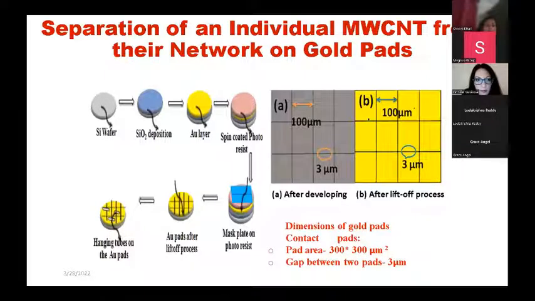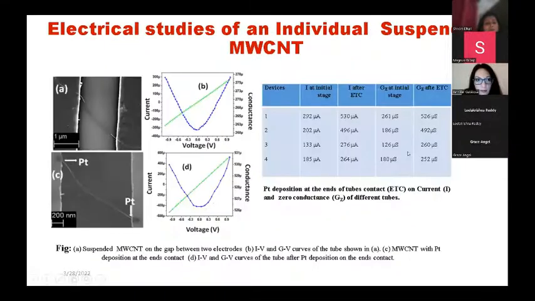Now here is my other work, that is joining of carbon materials by the EBID technique. In this, first we designed the gold pads by using lithography. Here these are gold pads, and this is the optical image before lithography. This is the optical image after lithography, and the pad width is 100 micrometers, and the channel between the two pads is 3 micrometers. After that, we dispersed the CNTs in DMF solution, and we found many well suspended CNTs